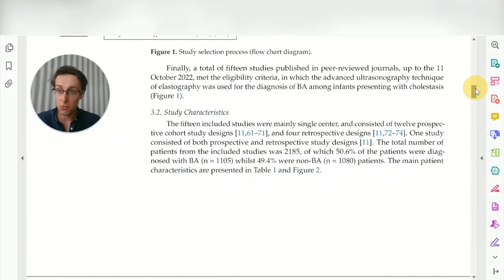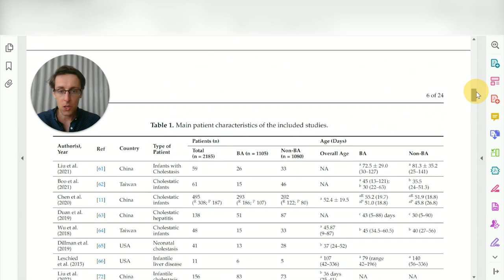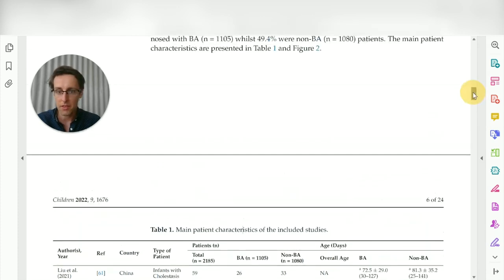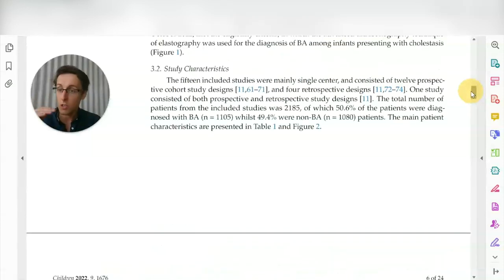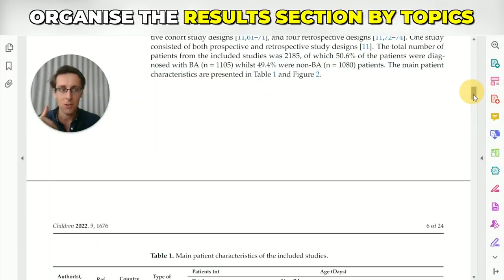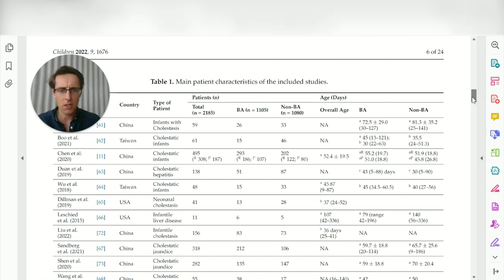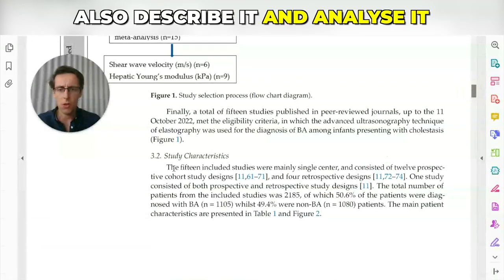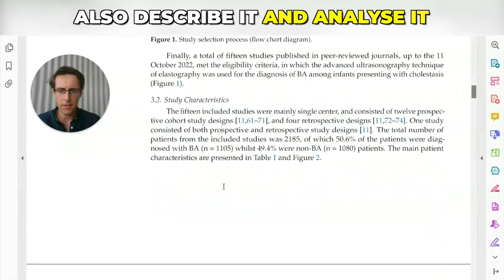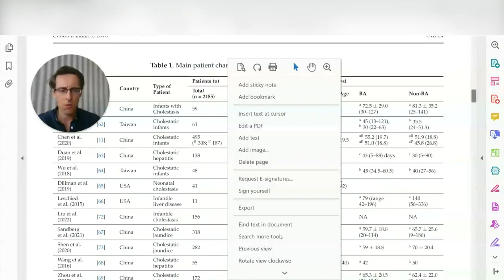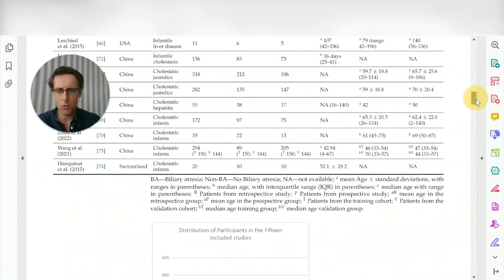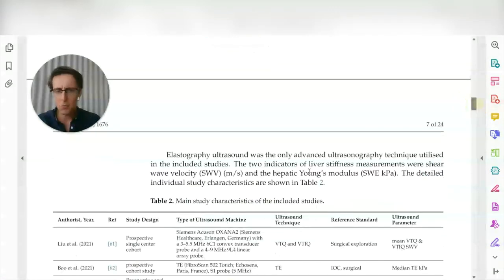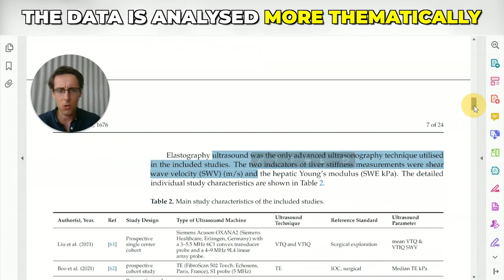Next, this will depend on your research question, but imagine your research question is about, for example, the patient characteristics and who are the patients included in those studies, where they came from, what were the health issues and things like that, right? So you basically organize the results section by topics. You'll present that numerical data in tables, but you will also describe it and analyze it as you would in a systematic review. So that's kind of the systematic review part of the paper, in which data is analyzed more